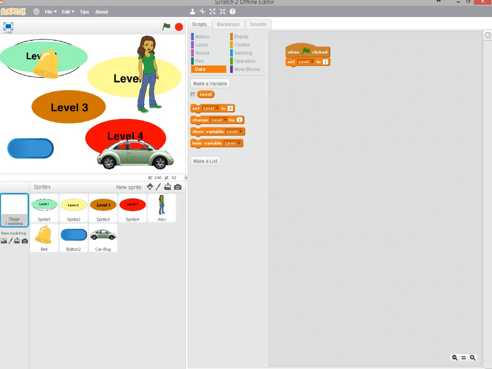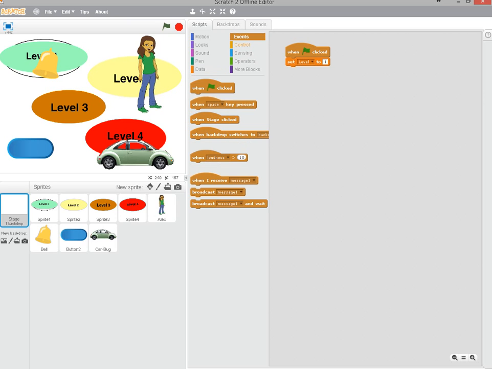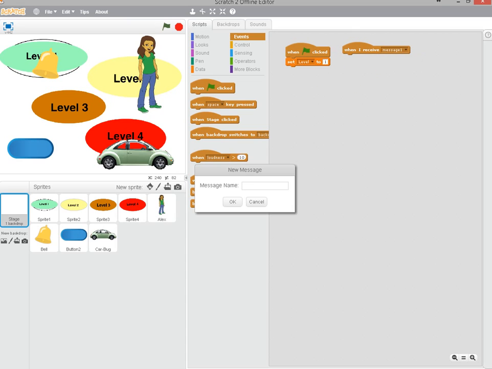Now, after the user's completed level 1, we want to display the menu again, don't we? After he's completed level 2, we want to display the menu again. So I'm going to create a structure which will allow us to display the menu. I'm going to say new message, display menu. Now on display menu, we're going to do a couple of things. One,